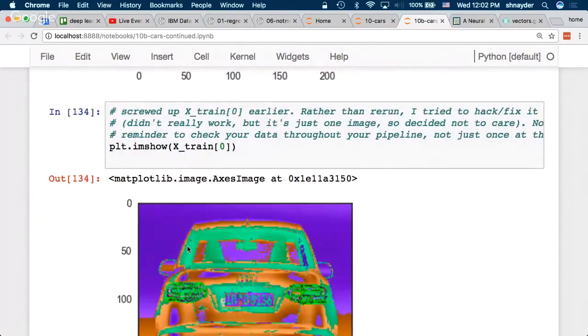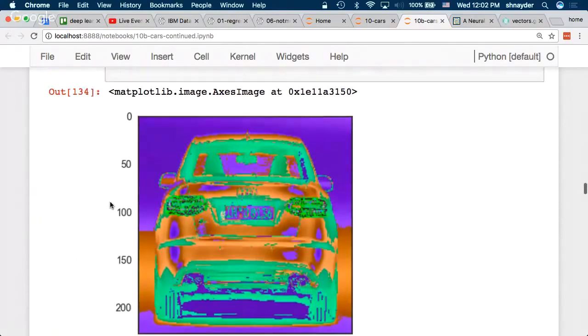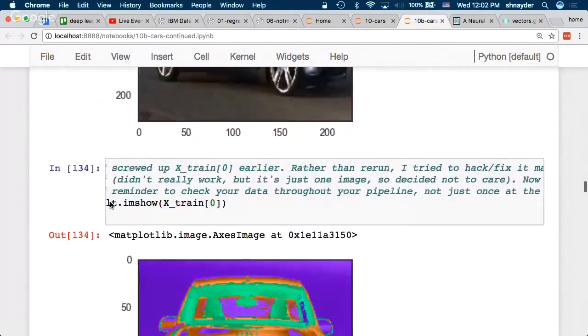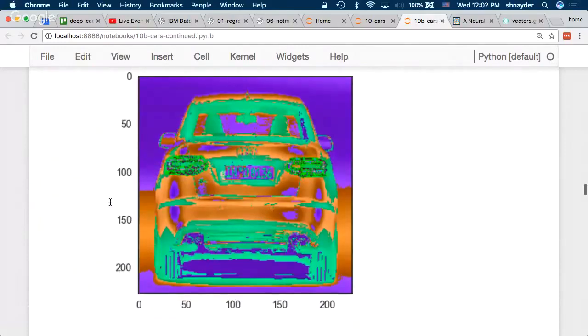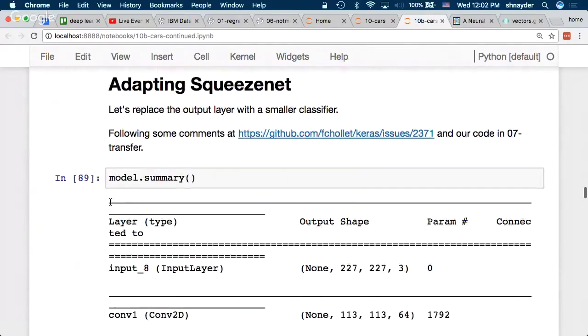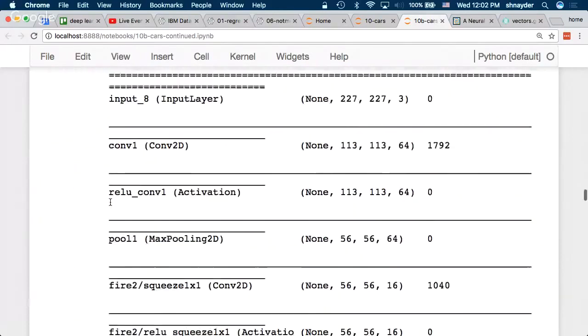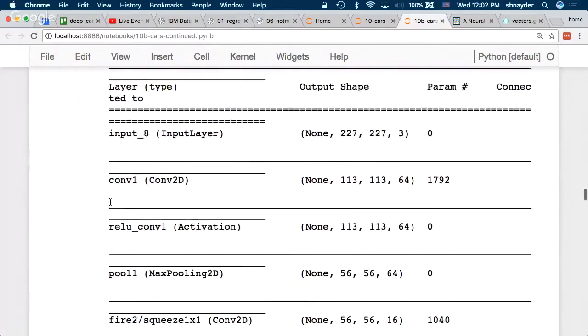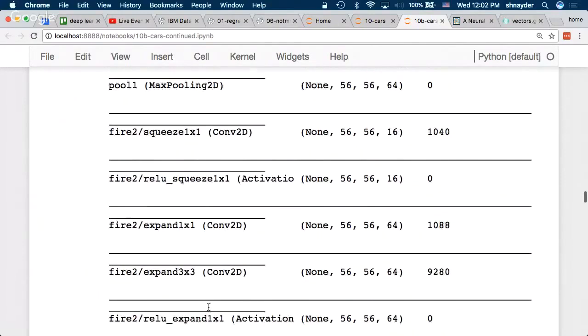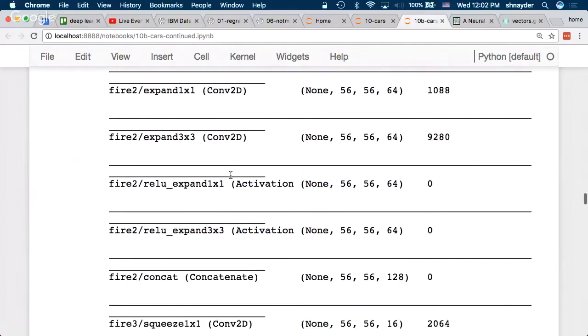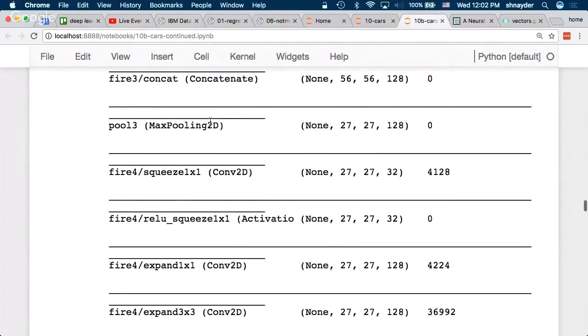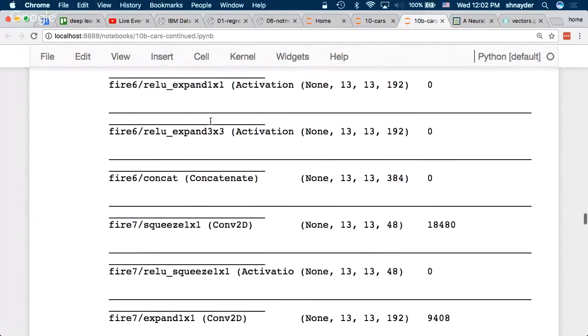Here is my screwed up image that I mentioned earlier, where I accidentally destroyed my data a little bit during pre-processing, so I had to fix that. SqueezeNet is a really deep network, with a whole bunch of convolution, activation, pooling, layers and layers.